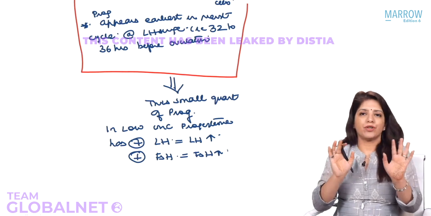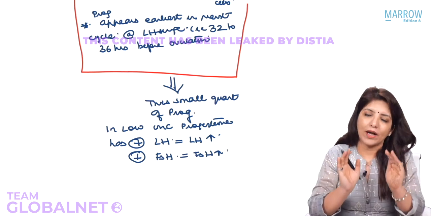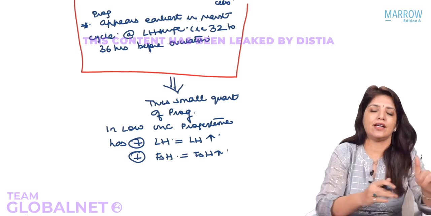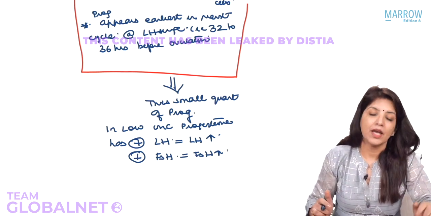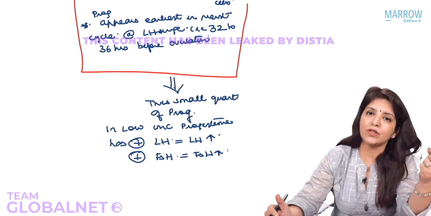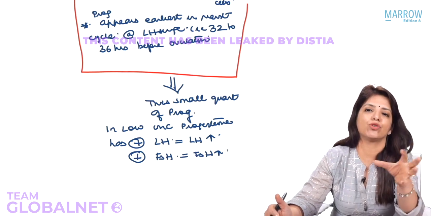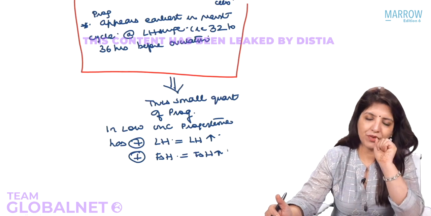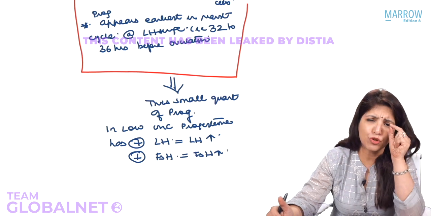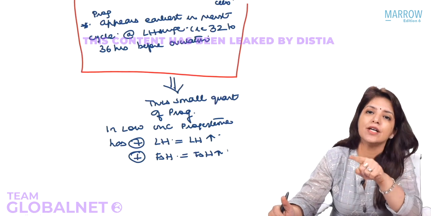So let's think about it once again. What happened? Estrogen led to the release of LH. One, because LH levels suddenly increased, that was called the LH surge, and this LH surge led to ovulation. Another thing LH did was act on the theca cells and produce androgens, which went inside the granulosa cells and led to the formation of estrogen. Third, LH acted on the granulosa cells and produced small quantities of progesterone even before ovulation, at the time of the LH surge.